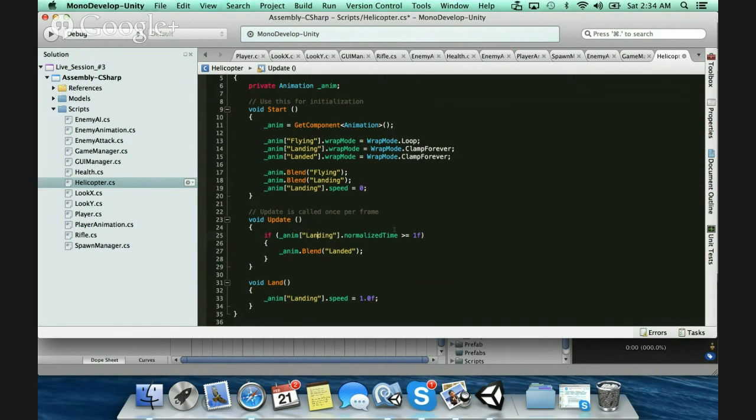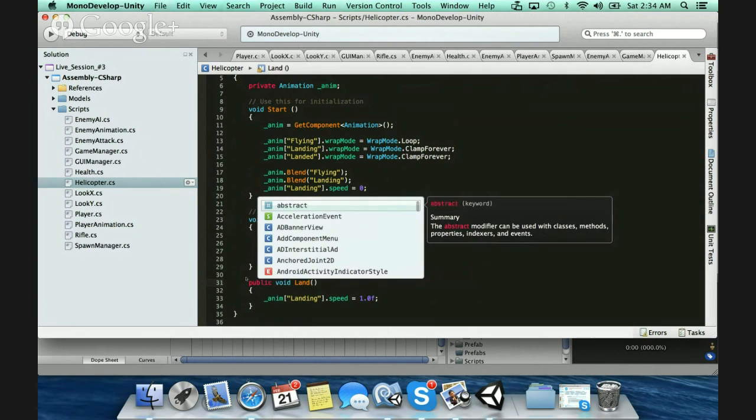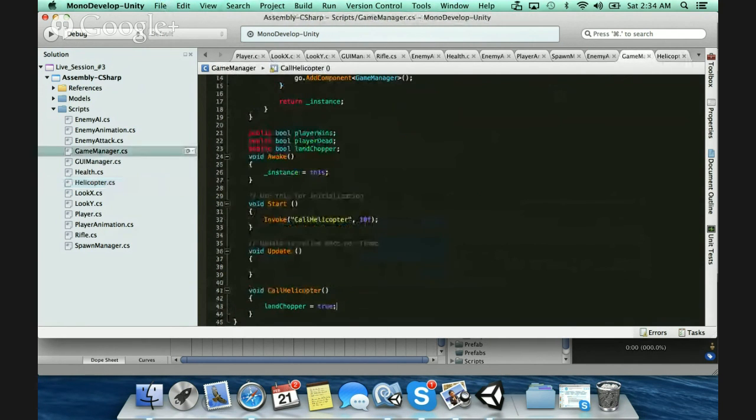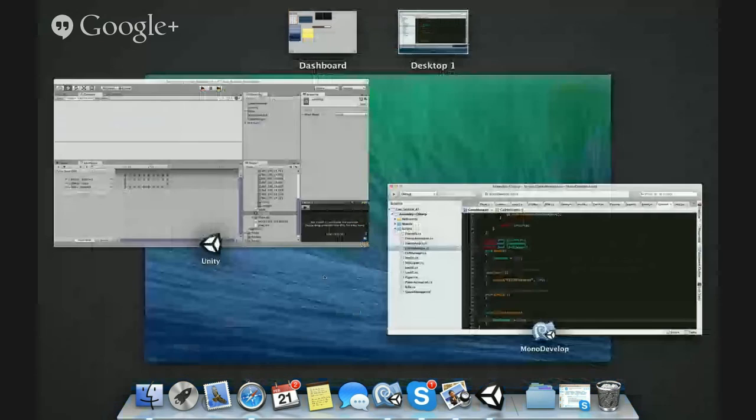If the landing normalized time is greater than or equal to 1, then we blend landed. So landing is speed equals 1. I need to call that function when it's time to, so this is going to be a public function here. Can I get static? Public static void land. Can I say here? Oh no, here, yeah, we can do it right here. I'm going to go ahead and say,